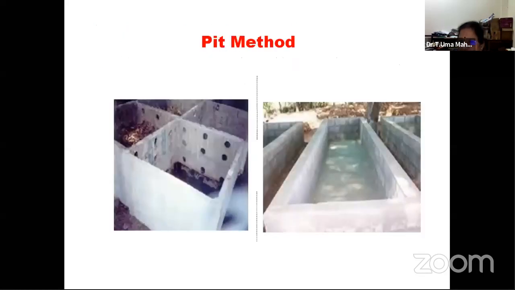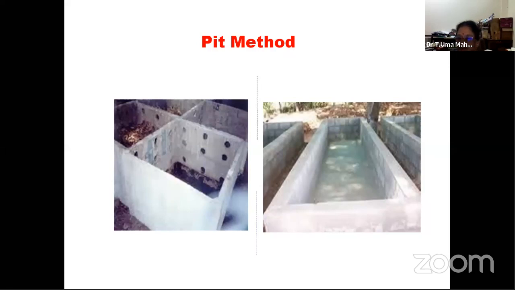Now we have different methods which we can see. I told you already there is a pit method and heap method. So pit method is nothing but we dig a pit and into that we dump the material. But what happens generally, when we have that pit in the soil, normally we dump it. The problem is here, when rain comes, automatically entire water will be collected in the pit and we cannot harvest anything. That is a waste process.